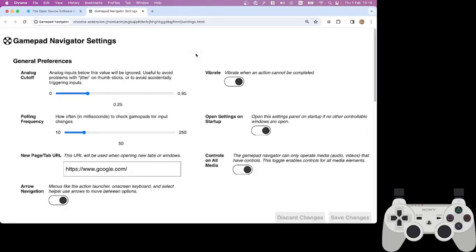At the top of the page are preferences that apply to all bindings, such as whether to vibrate the controller, and then behavior of the extension itself. I'll go briefly through a few key ones. For example, you can see the open settings on startup flag controls whether or not we open the settings page if no